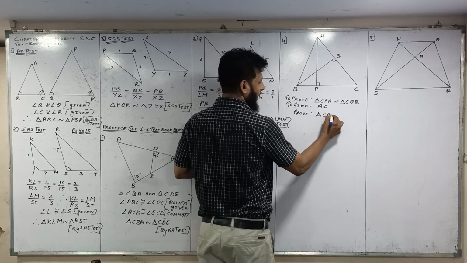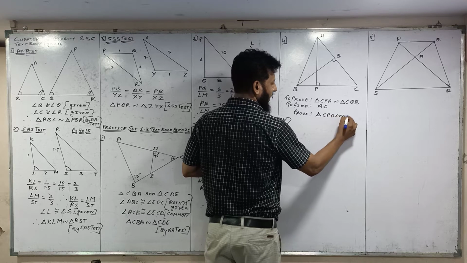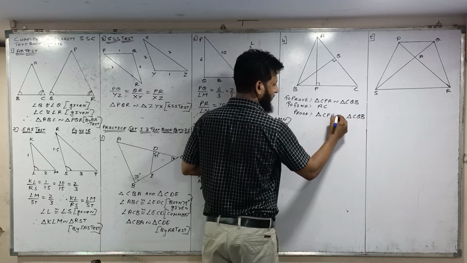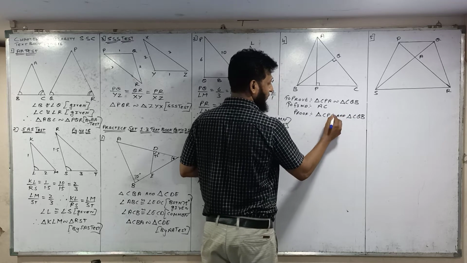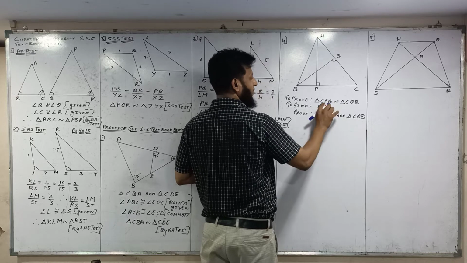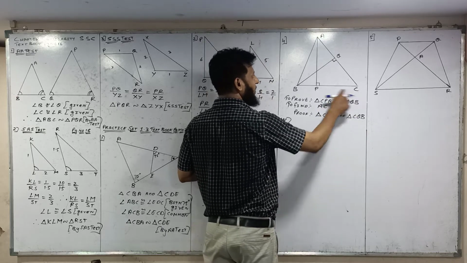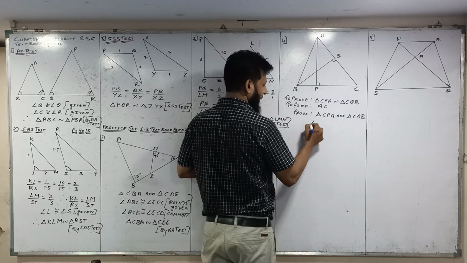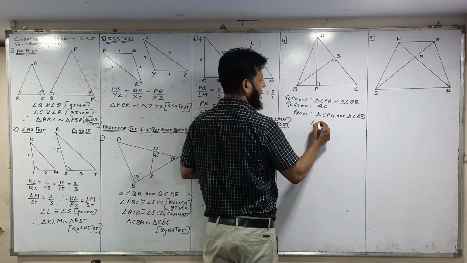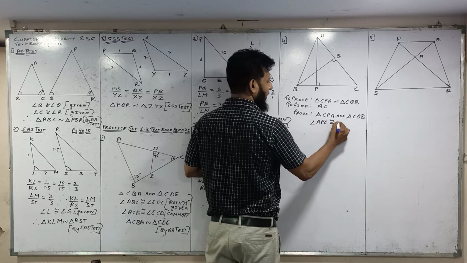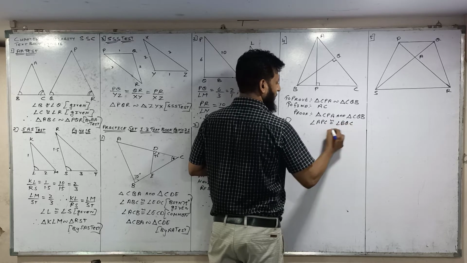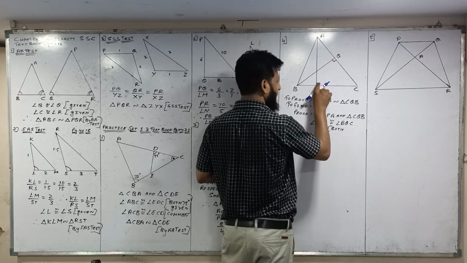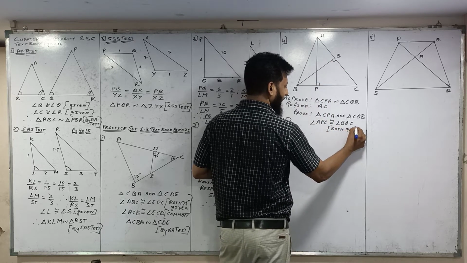Take triangle CPA and triangle CQB. Take these two triangles. See, in triangle CPA, angle APC is 90 degrees, and in CQB, angle BQC is 90 degrees. Write angle APC is congruent to angle BQC, both 90 degree angles. This perpendicular sign is given in your textbook. This perpendicular sign is for 90 degrees, both 90 degrees.